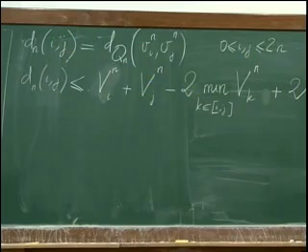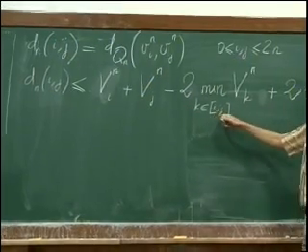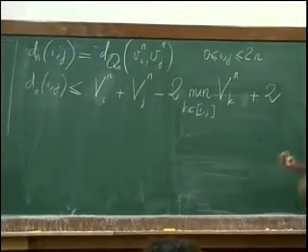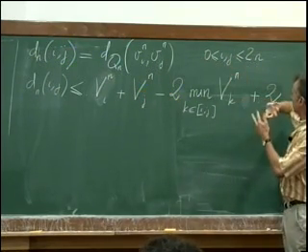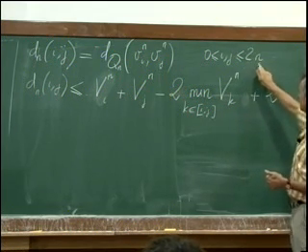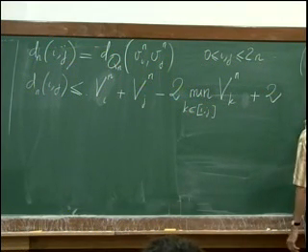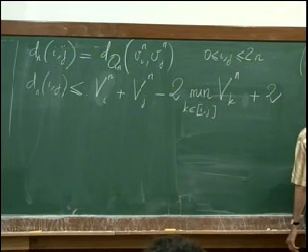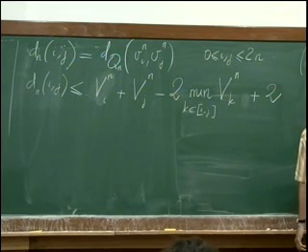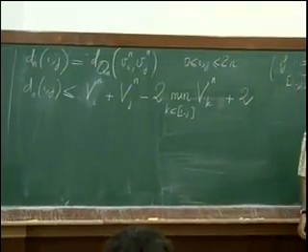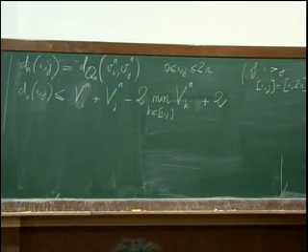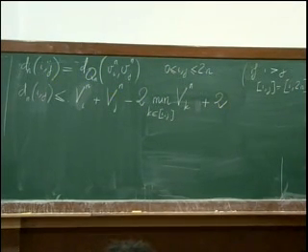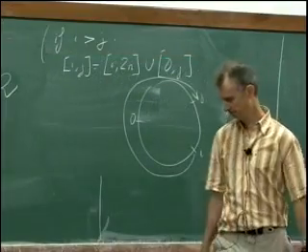One should interpret this interval correctly, in fact. We should think not really of the interval 0 to 2n, but of the discrete torus. We should work modulo 2n. So if i is greater than j, this interval means that we take the union of i to 2n and 0 to j. We are really on the torus. So if i is here and j is here, and 0 here, we go this way.